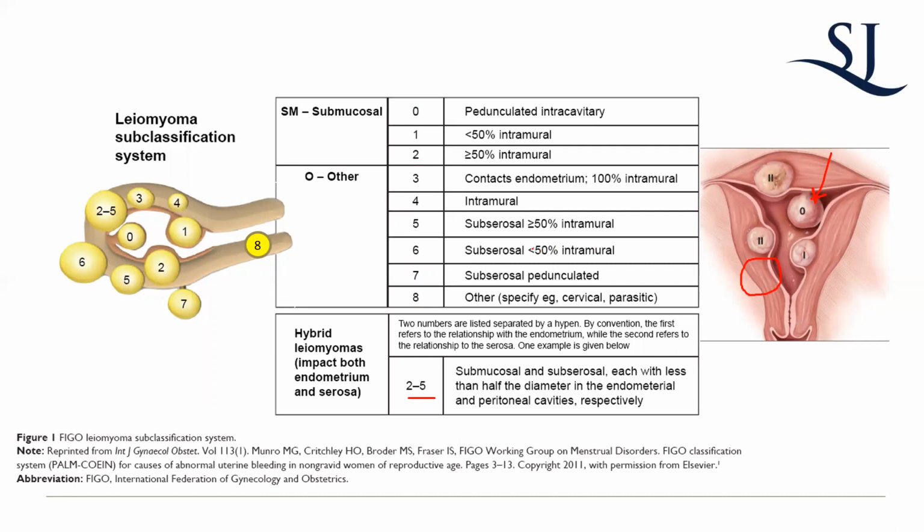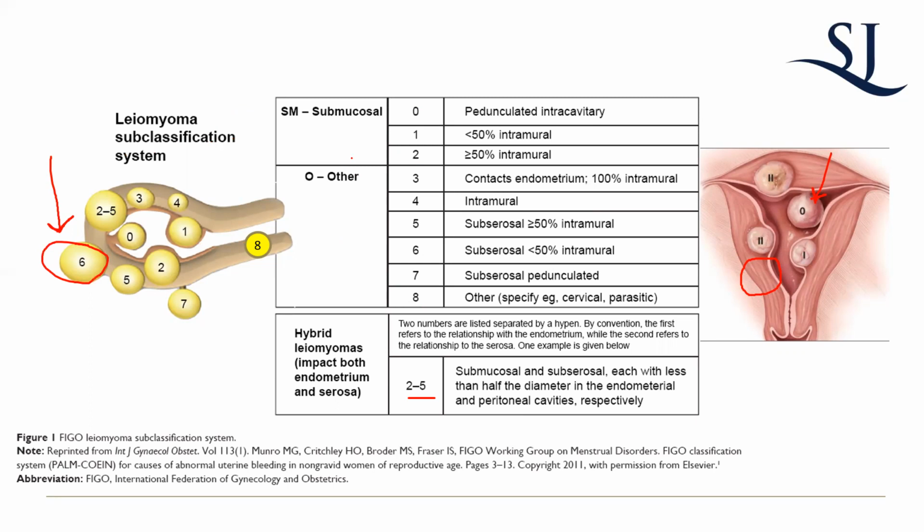And what is important about the location is not necessarily the nomenclature, but the symptoms they cause. So if you have a stage 6 fibroid here, what symptoms do you think a woman is going to complain most about? She'll probably complain more about bulk symptoms, meaning things like early satiety, urinary frequency, etc., because this rock is pushing up on everything.